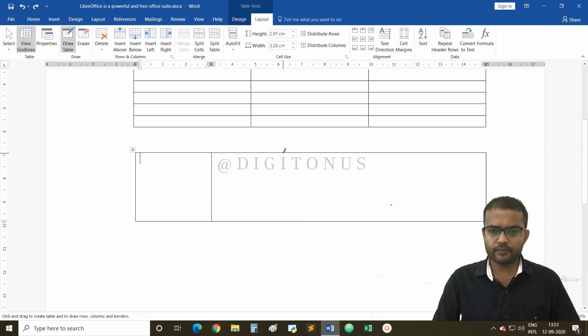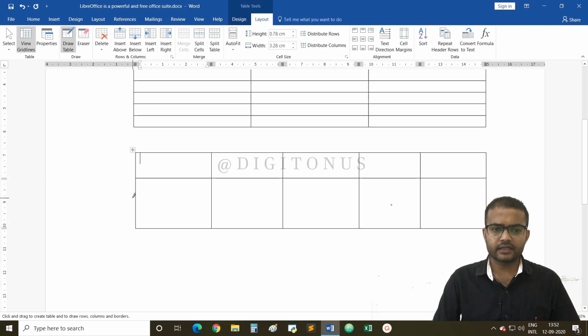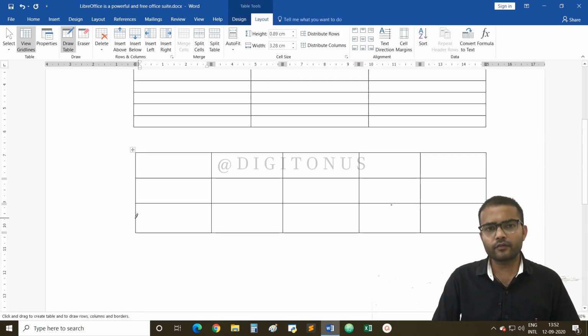We have to place our pencil at the edge, then only the columns or the rows will get inserted. This is third and this is fourth. So we have inserted the column, then we want to make the rows. Place it at the left edge and drag it to the right. So whatever number of rows you want, whatever number of columns you require, the same number of rows and columns